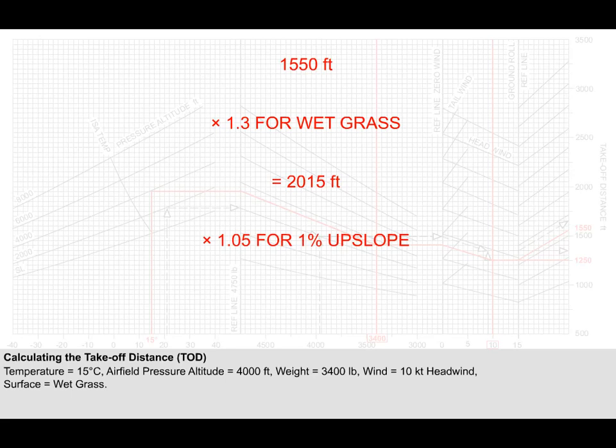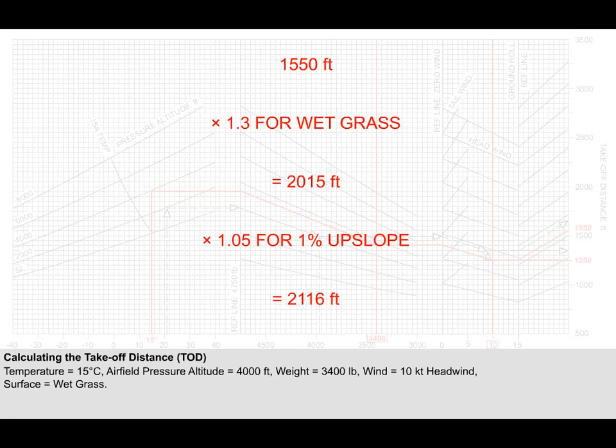Let us now assume that the runway has an upslope of 1%. You may recall this would increase the takeoff distance by 5%, or by a factor of 1.05. This now makes the total gross distance 2,116 feet. To comply with the regulations, you will recall that the takeoff distance must be compared to the available